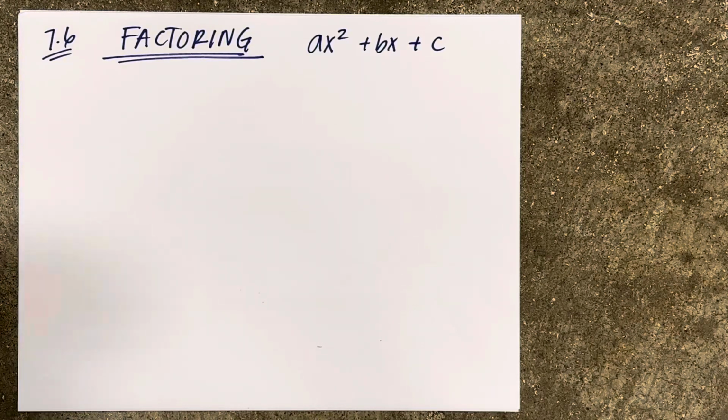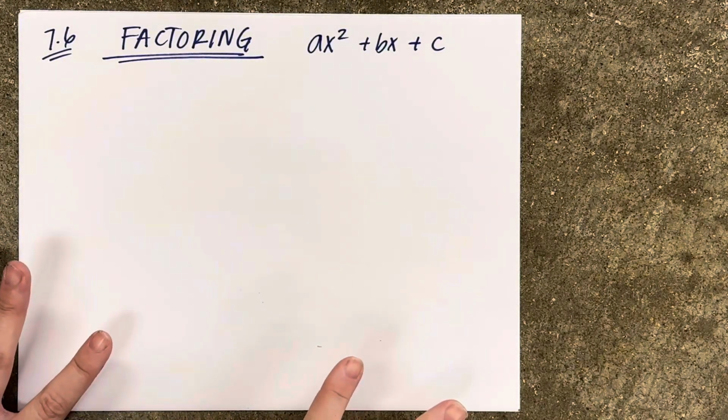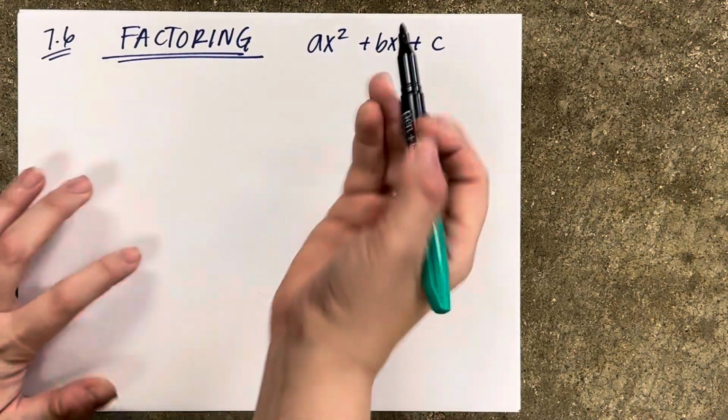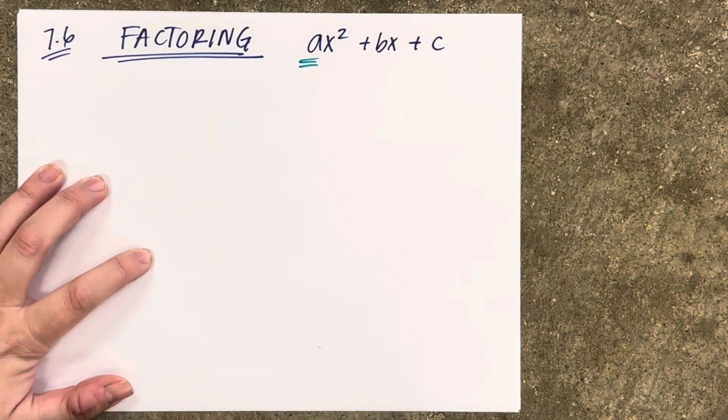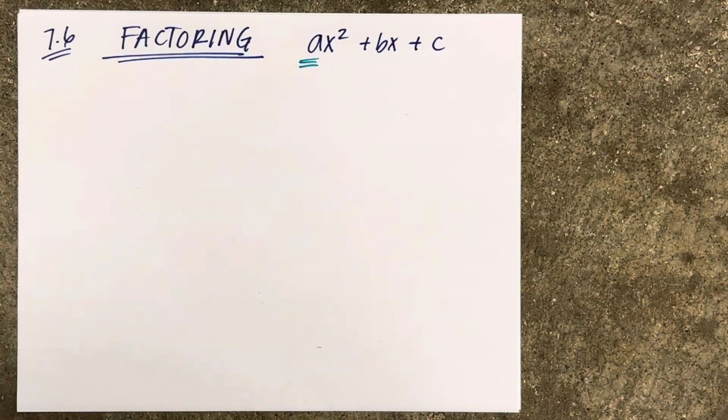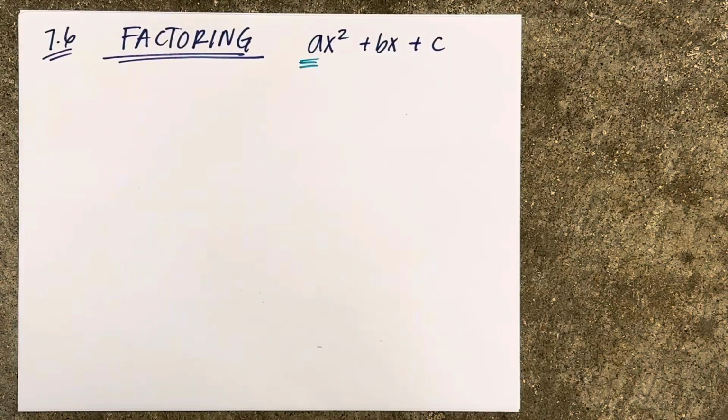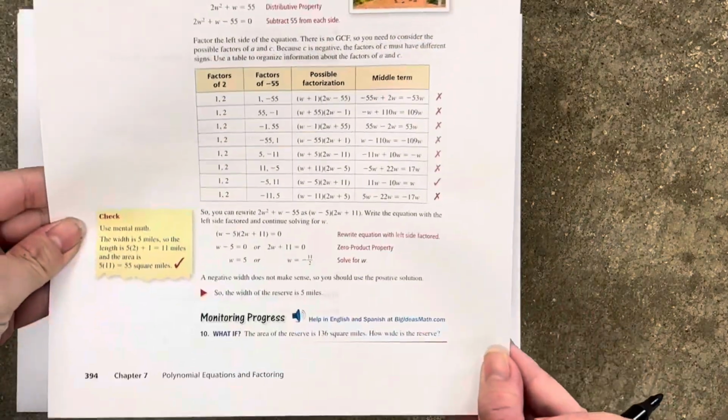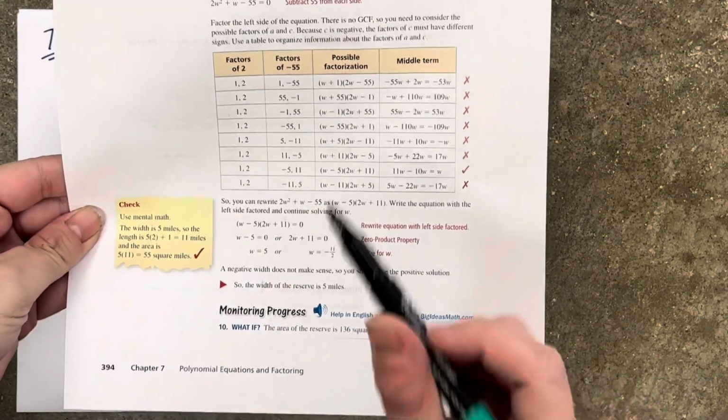Okay, so chapter 7.6 is factoring. Same thing as chapter 7.5, except harder, because now you have a number in front of your x squared. So you have a coefficient, all right? I'm going to be honest with you, okay? The way that your book does it, this is from your book, right, is